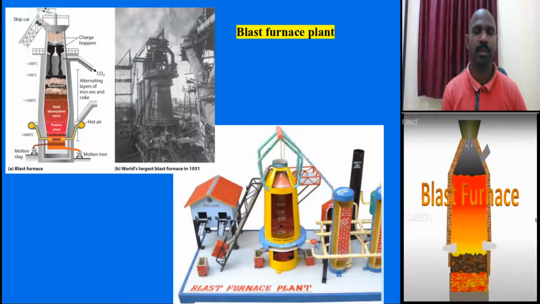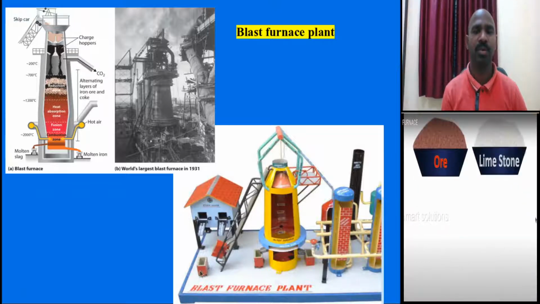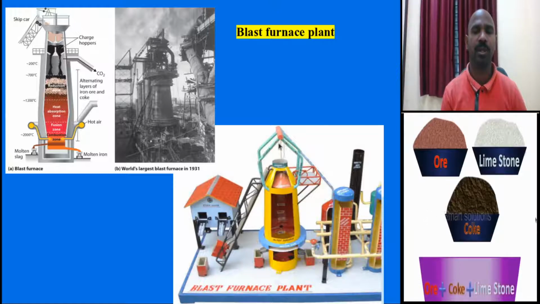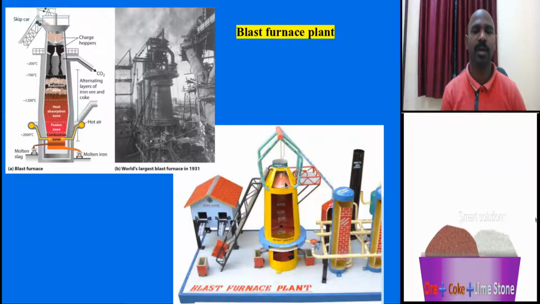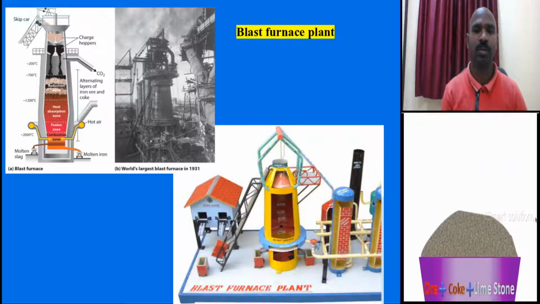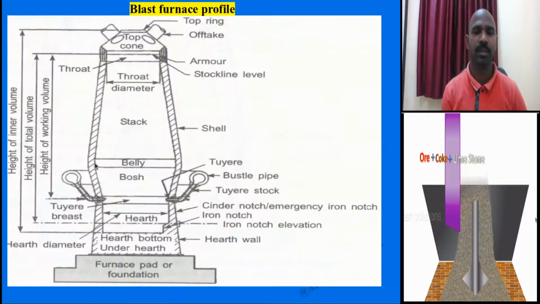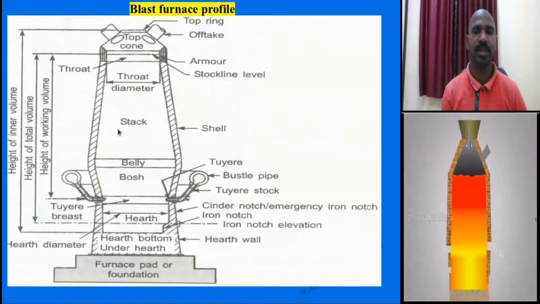This is how the blast furnace plant looks. The charge material, iron ore, will be poured using this skip car, and the gases which come out from the top will be taken through this dust catcher, cleaned, and stored in the blast furnace stoves. This will be explained in detail in the next sequence of slides.